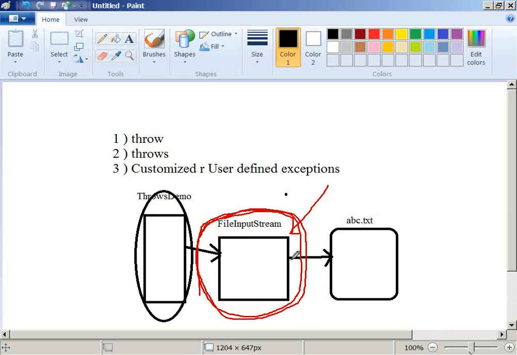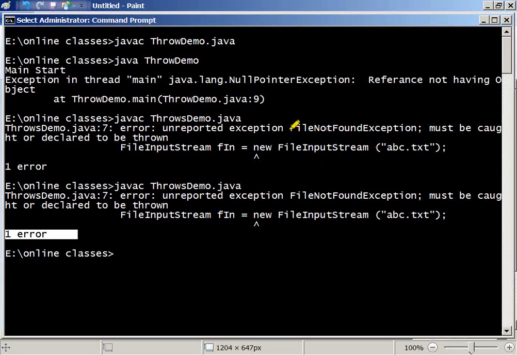If the file is there, this works fine, and this class can read this file. But if the file is not there, what is this class going to do for you? So this intermediate class, whatever class you are using here, if the file is not there, cannot help you. Simply it can pass you a message. What is the meaning of this statement here? The class which you are using to read that file is saying, if the file is there, I will read it. If the file is not there, I cannot help you, I am simply going to throw you a problem.